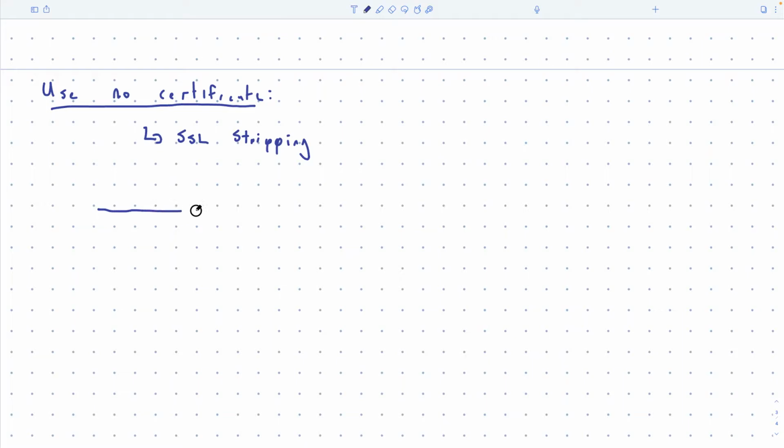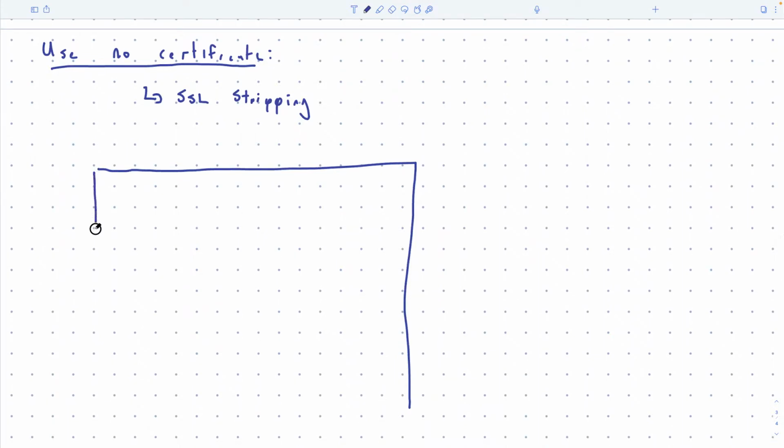Okay, and this also is a somewhat historic example. I looked last time I taught the course for an example, but most of the websites have fixed it.